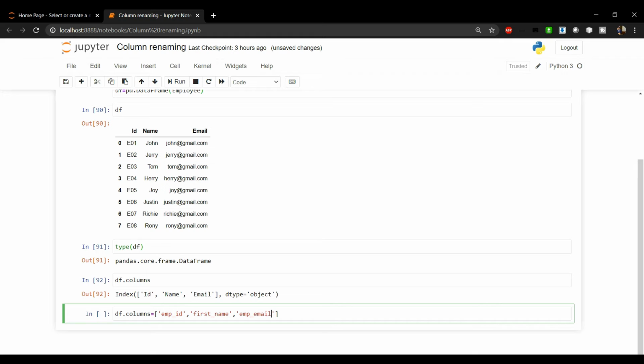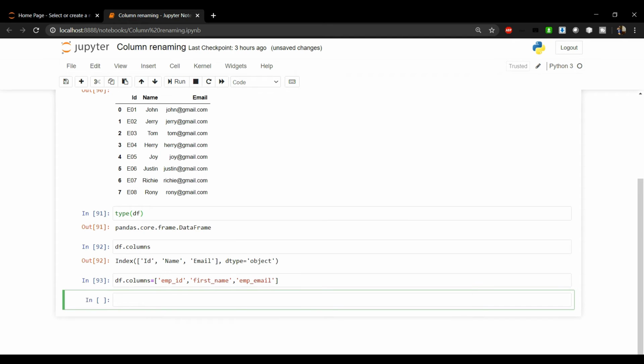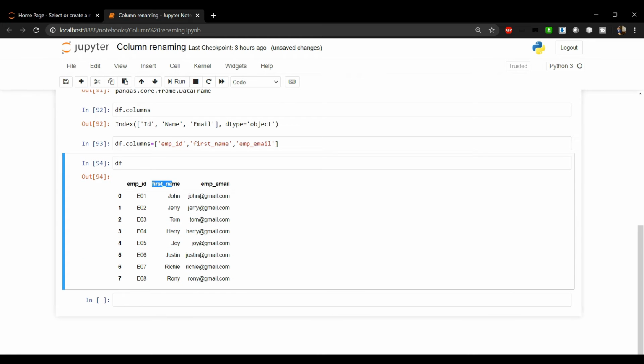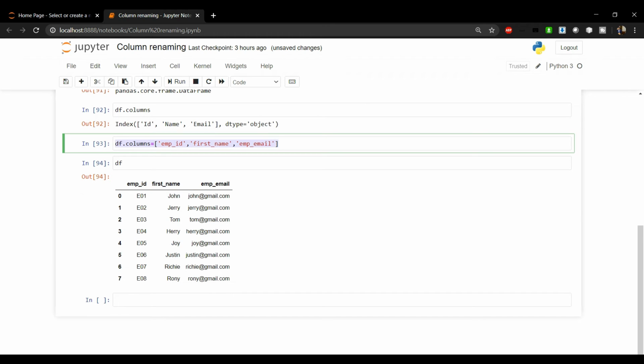Run this cell, and now let's see our df variable. So now all the column names have changed inside the data frame, but this way is only useful when we need to change the names of all the columns.